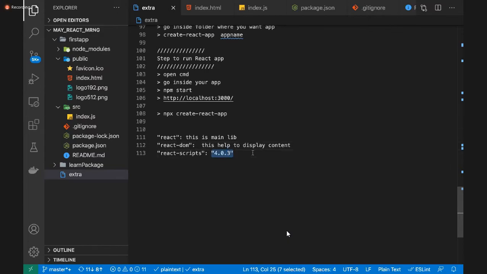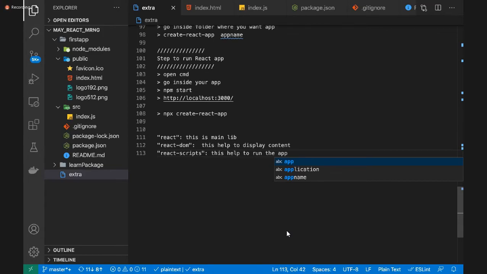And then you have React script. This helps to run the app. So there are three main packages: React, React script, and the third one is your React DOM.